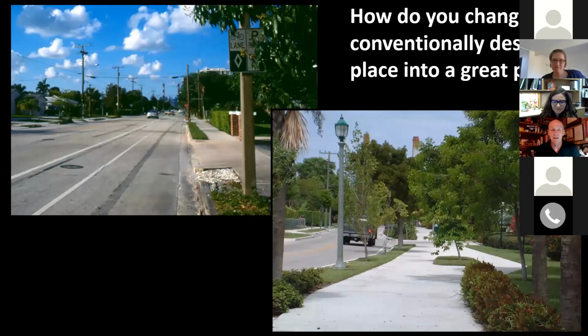So we're going to talk about making a great place through the lens of the street. So here's a before and after. On the left is the before, where there's a straight, hot 4-lane commuter route, and we softened it. We put in lateral shifts on the right-hand side with a little linear park with trees and pedestrian scale lighting. And right away, people started walking, biking, property values increased, natural surveillance went up, and crime rates went down. So it was a huge success.